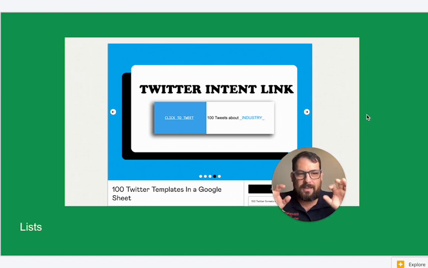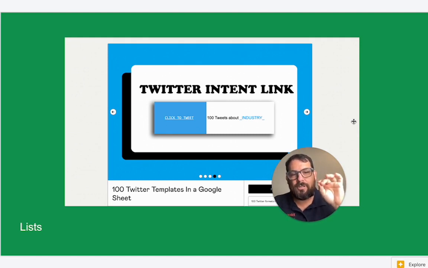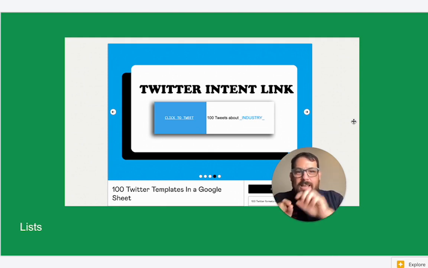This is a list of tweets that have been cut up and formatted so that you can fill in your own interesting information. So they're not tweets that you just copy and paste and tweet. They're tweets that you fill in with your own information. There's 100 of them. And I think this sheet shows off all the things you can do. You can add a little bit of code to this, which we do. In the sheet, you have a link that directly opens a draft of the tweet inside of your Twitter. And it also has a little generator where you enter a few words and it fills in those words in the tweets wherever it can. You can sell a list of tweets. Actually, I also already have twittertemplates.com.